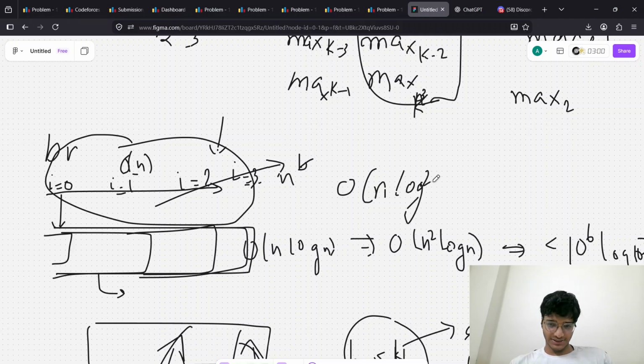But the editorial also says that we can do this problem in order of n log n. I tried, but I didn't get how we can do this, and I tried to use ChatGPT too and did much research, but I didn't get it at all. So if you know how we can do this in order of n log n, put it